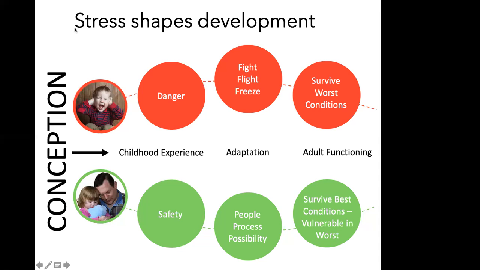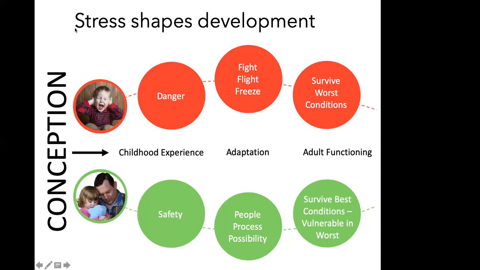Because the neurons that fire together wire together. So when we look down at the child in green, her early childhood experiences were those of safety. In the picture, you can see her with her father holding a teddy bear, looking peaceful. Maybe they're reading a bedtime story together. She looks calm and regulated.